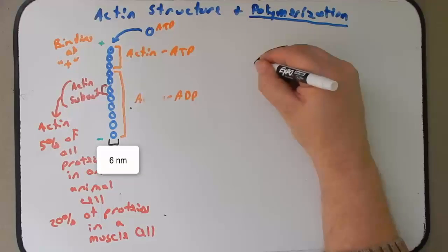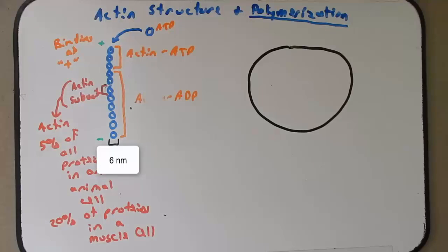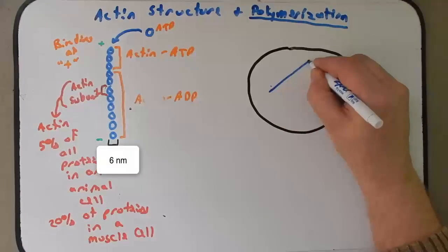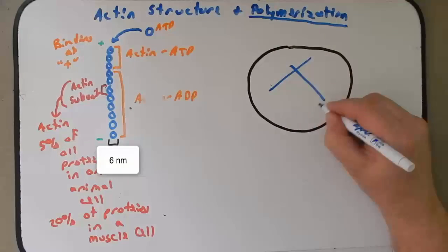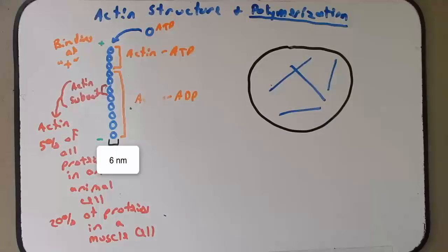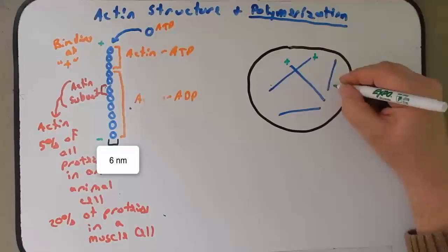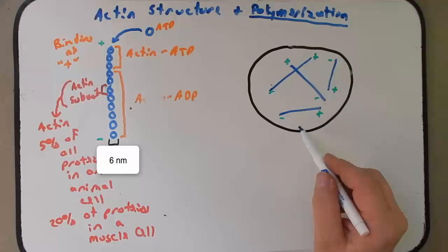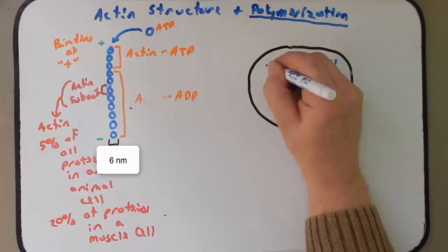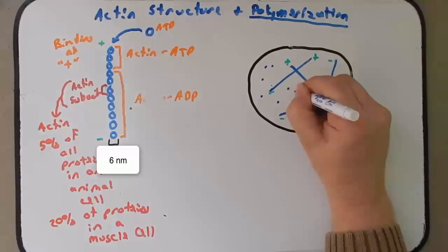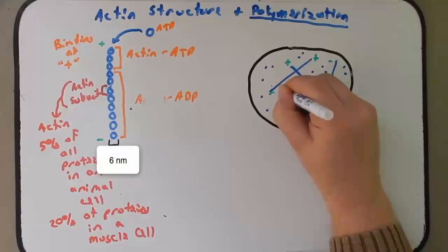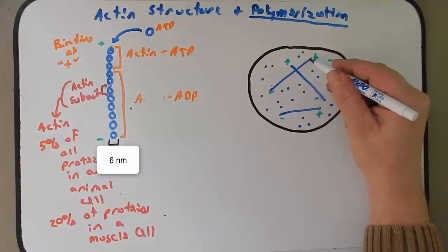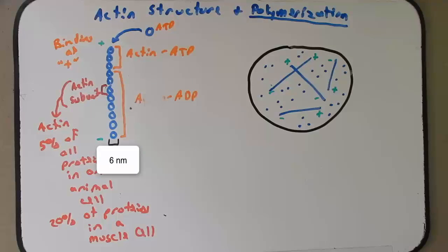So I'm going to draw over here a cell, and in this cell, I'm going to draw various actin filaments growing in different directions. They each have their positive ends, and they each have their negative ends. Within the cytosol of this animal cell, you will see many subunits, so much that at this critical concentration, one would predict that these subunits would automatically add to these positive ends,